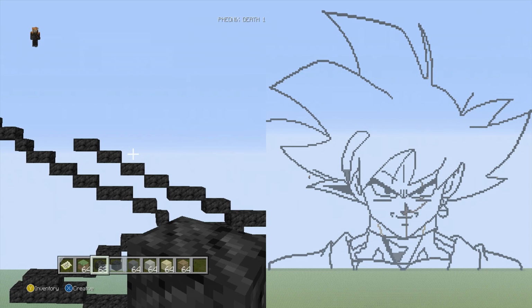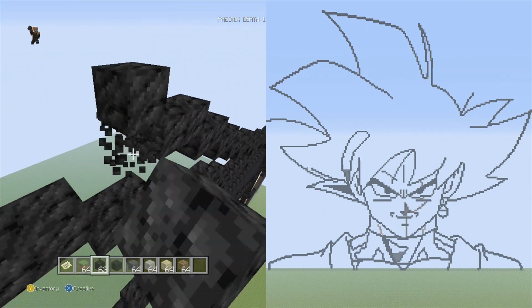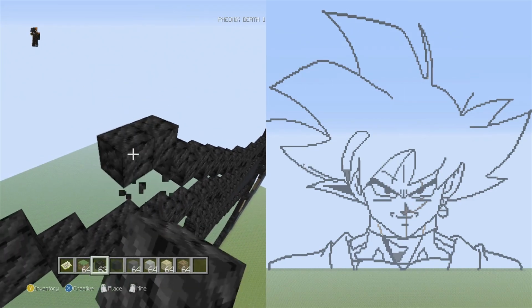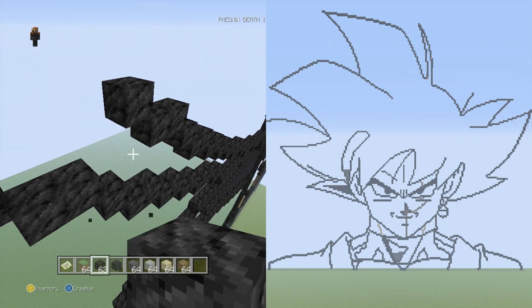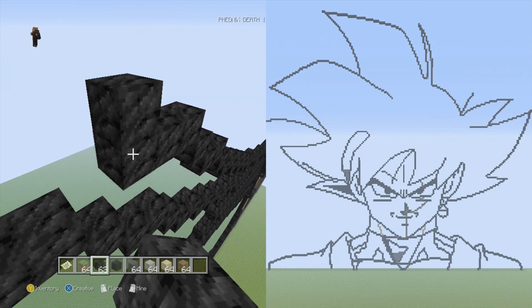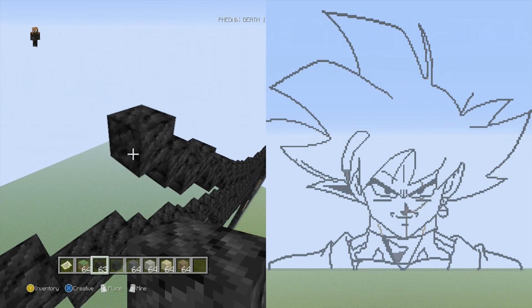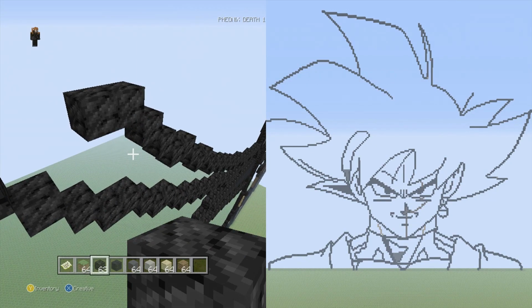And it's going to get a lot skinnier here before we get back into it. So we're going to go up and to the left 1 single. Up and to the left 2 flat. Up and to the left 1 single again. Up and to left 2 flat, up and to left 2 singles, 1, 2, up and to left 2 flat, 1, 2, up and to left